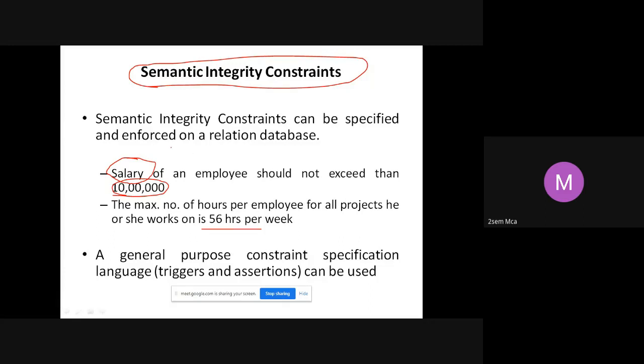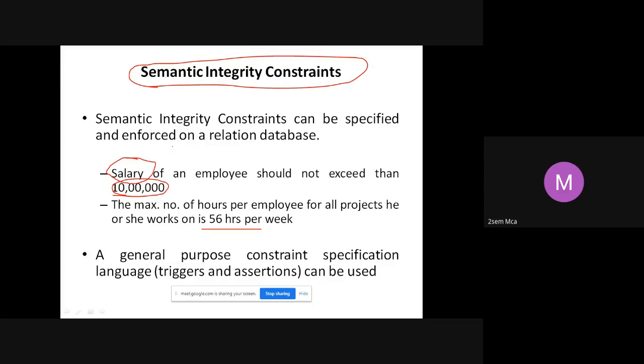When I say salary cannot exceed 10 lakh, for every employee whose details I enter, this constraint should be satisfied. It should be valid for the entire state. What is state? Collection of all the records is a state. So for all the records, this constraint has to be satisfied.